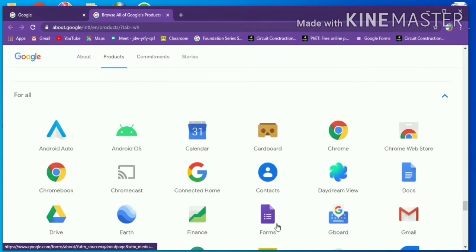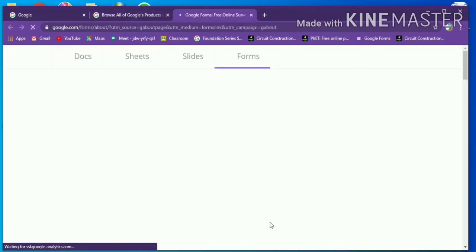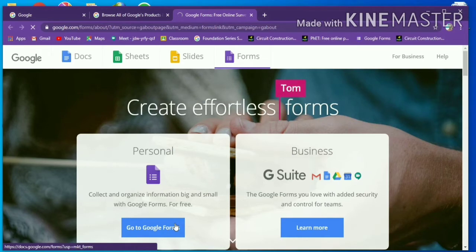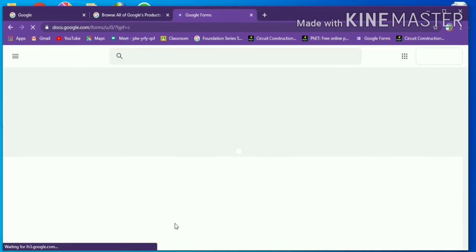And you can see the Forms option and click the Forms option. Now the Google Forms is opening.